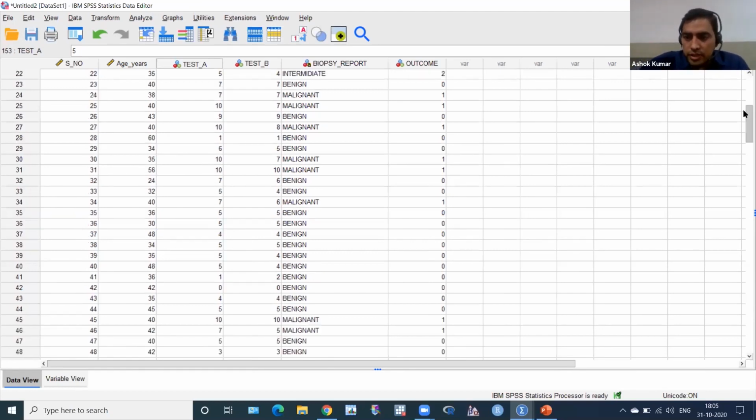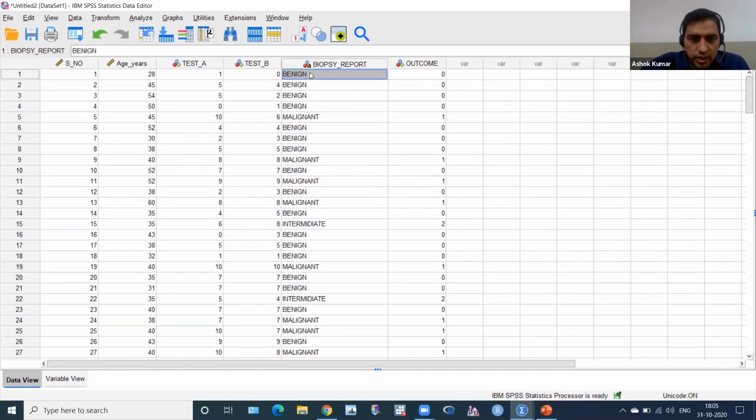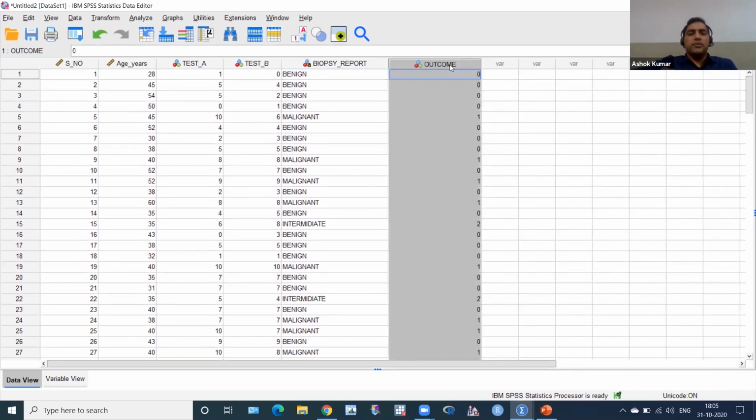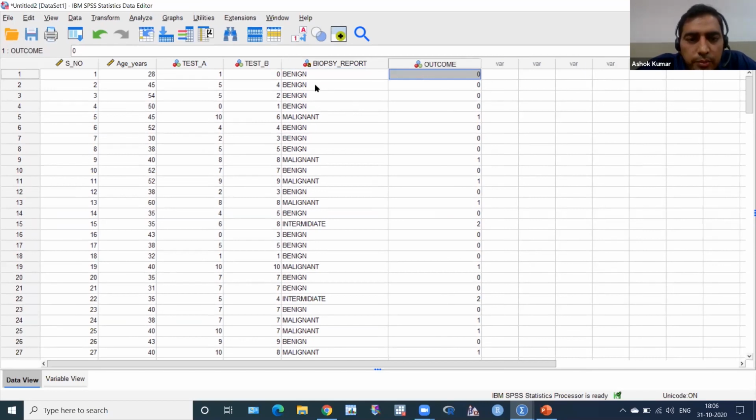So we have to enter good data. Then you have to make an outcome variable. Benign is 0 and malignant is 1. Remember, for the event of interest you have to give 1.